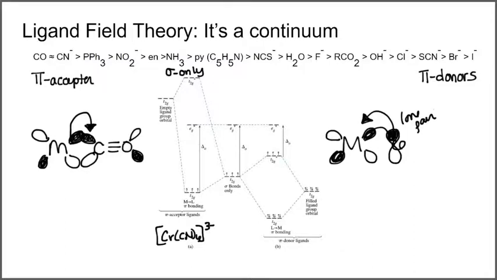This complex is a very light yellow because it absorbs close to the UV range, because there's a big difference between the T2g and the eg orbitals. For the sigma bonding only, a complex that might represent that would be something like hexaamminechromium(III)